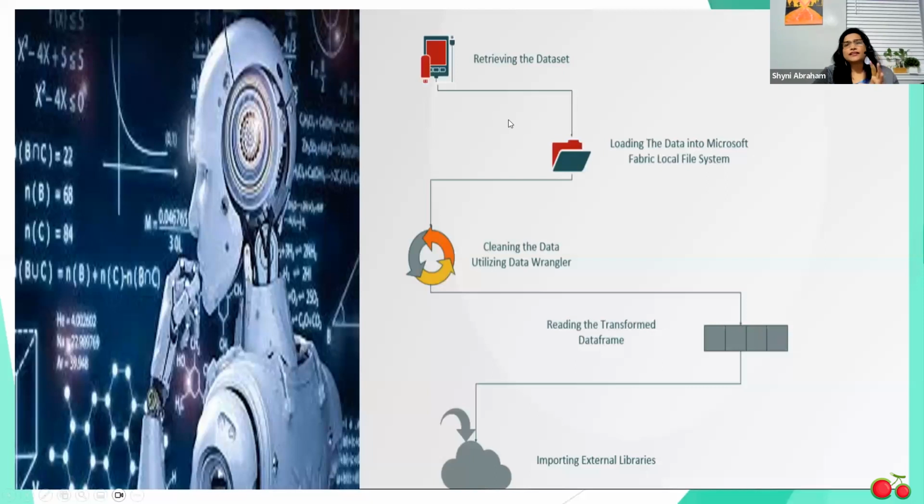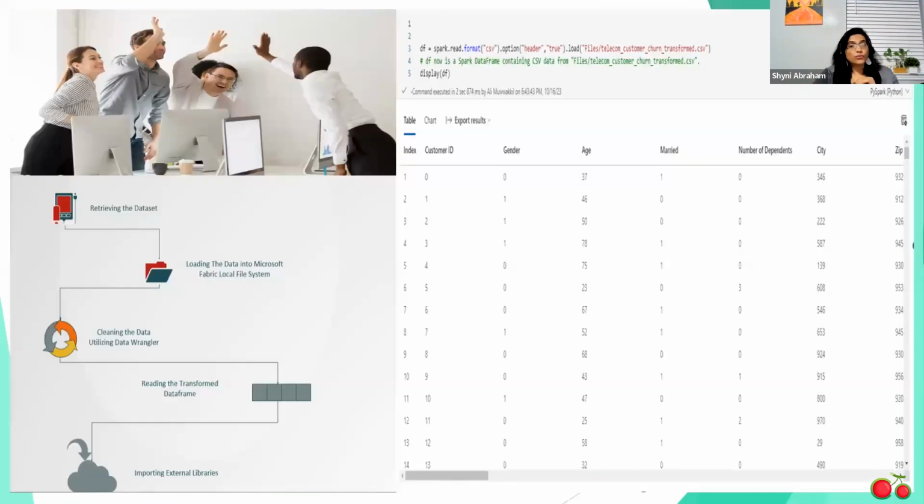Eric decided to bring in my team and me to work along with him in this adventure. We began by retrieving the necessary resources and the dataset. Once we had the dataset, we began loading it into the Microsoft Fabric system via the Lakehouse within the data engineering platform. Once loaded, we migrated the data to data science to begin working on and cleaning the data. Although we didn't use it, Data Wrangler is a pretty big part of Microsoft Fabric as far as data